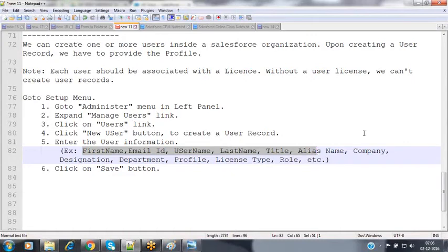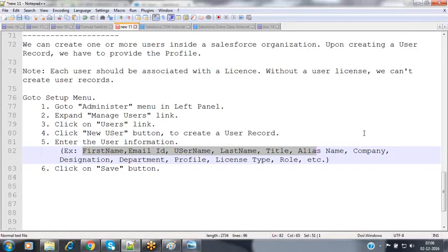As soon as you create the new user using these details and click on the Save button, it is going to create a new user record inside Salesforce, but the user account will not be in active status. In order to log in using these user credentials, we have to go to the email notification, click on it, activate that user account, and then provide the password and confirm password. Whatever two-step process is there when you create a Salesforce account, exactly the same two-step process is available here also upon creating a new user record.